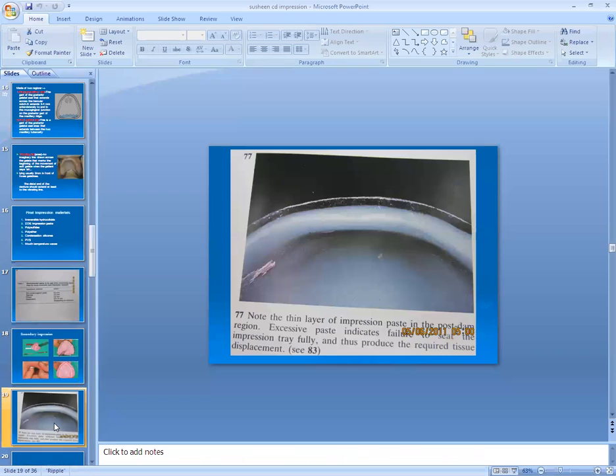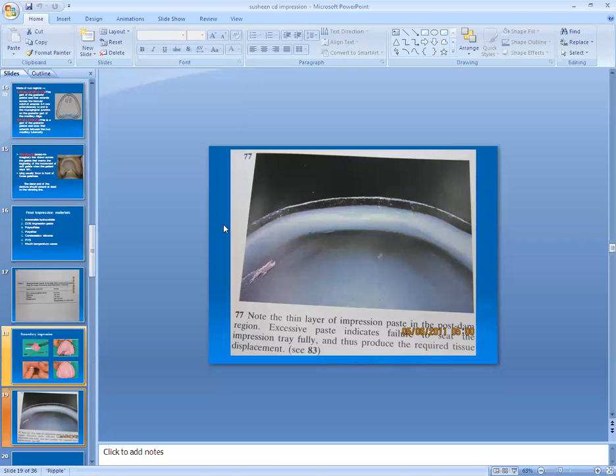Always remember, your zinc oxide impression material is a light body. Only a thin layer should be present on the borders, and only then is it considered a wash impression.